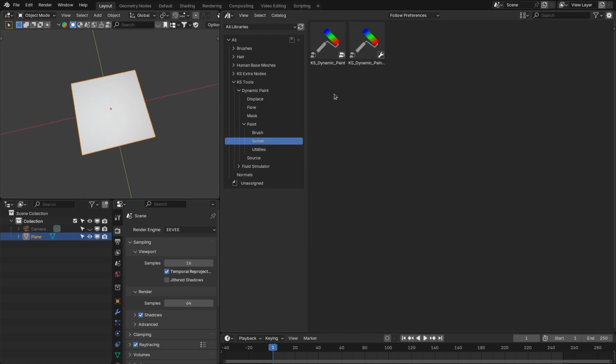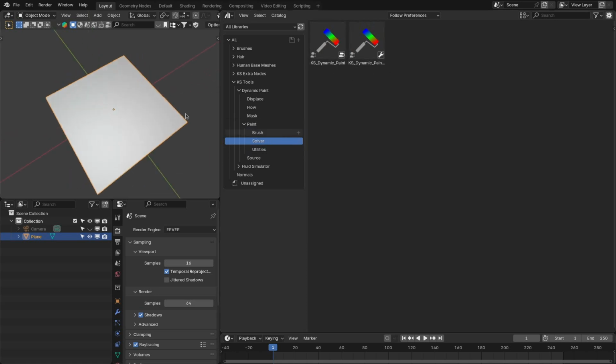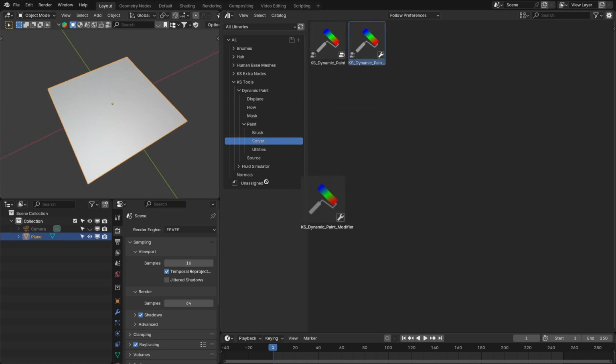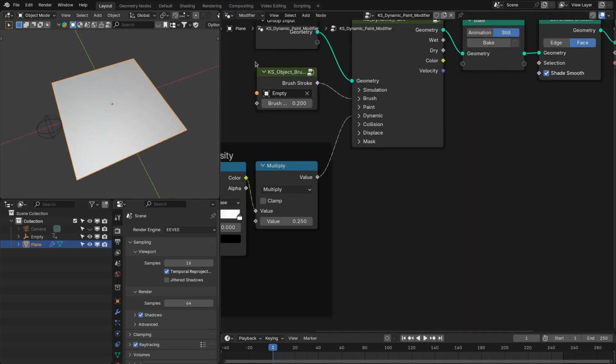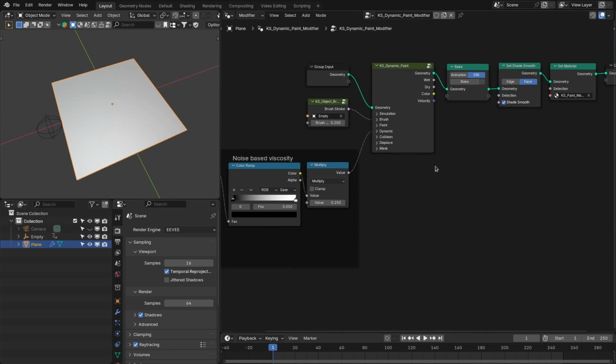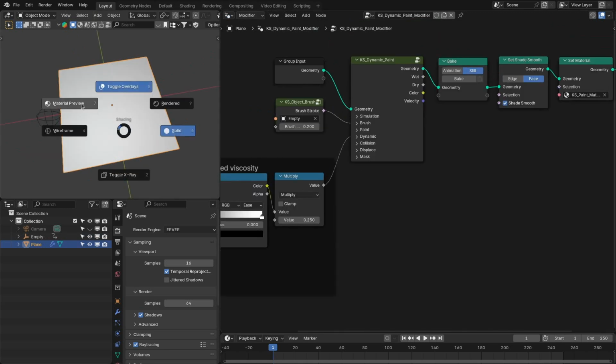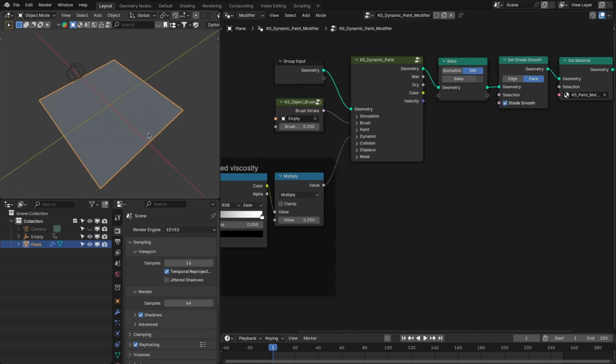Okay. So in the solver node, you have the node and the modifier. Again, if you are familiar with the geometry nodes, you can use this node to build up the setup, or you can use the dynamic paint modifier. It has added the dynamic paint modifier. So this is the modifier setup. Go to the material preview. We have this. If you run this,